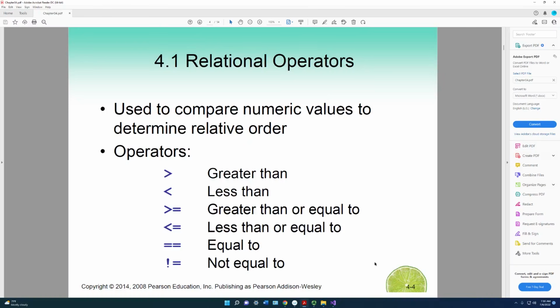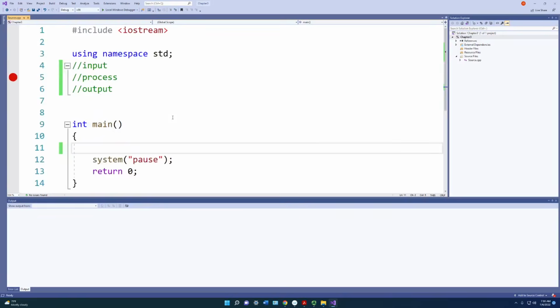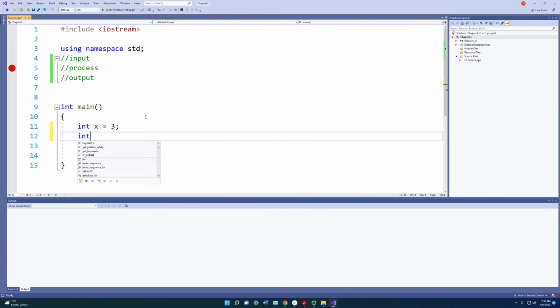What I mean by that is something like this. Let me zoom in on this for you. If we have an integer x equals 3 and an integer y equals 2,